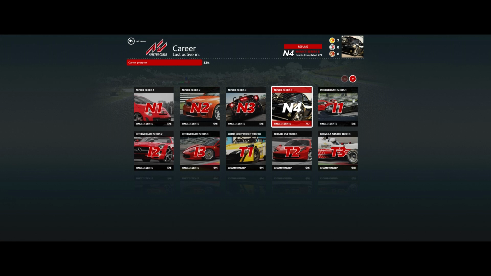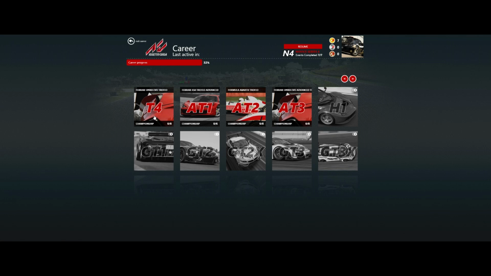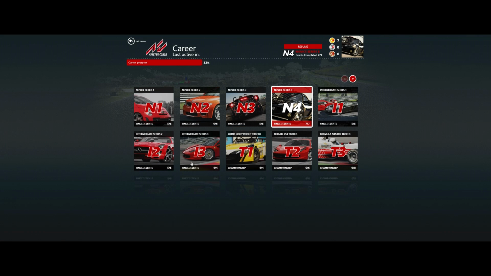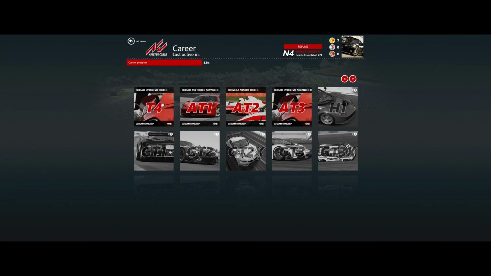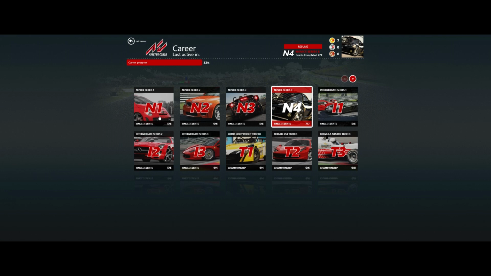I haven't done that yet, but you'll see here that I've also unlocked all of these already because I've completed events in the intermediate category. So there is a little bit of jumping around after you get past a certain point, but for the most part I'm treating it as a linear thing. It's surprisingly fun. You start off driving an Abarth 500 or whatever, and just basic street cars for the most part, and you kind of just graduate up to